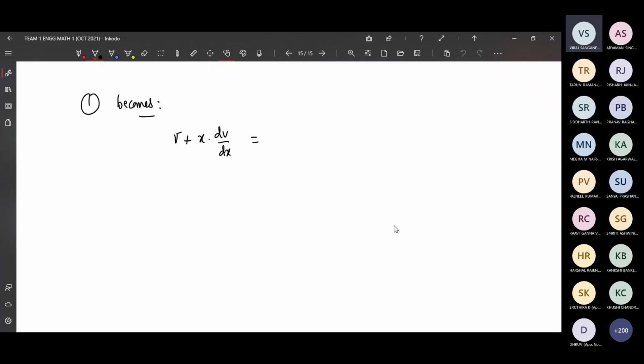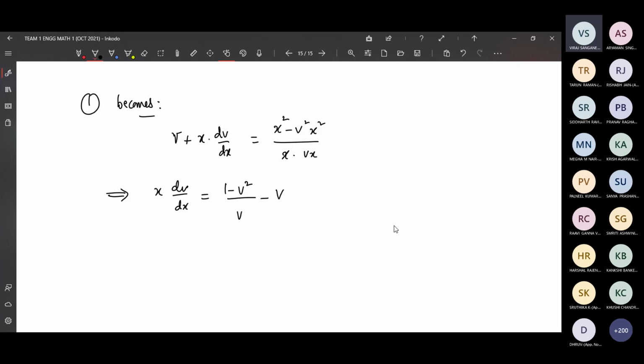So if you substitute v plus x dy by dx, then on the right hand side what you will get is x square minus v square x square by x into y, which is vx. I just substituted for dy by dx and for y. Y equals vx, and dy by dx is the left hand side. So this means x times dv by dx, v I will take to the right hand side. Then x you can cancel here, 1 minus v square by v minus v.